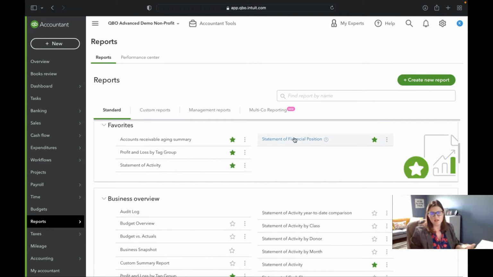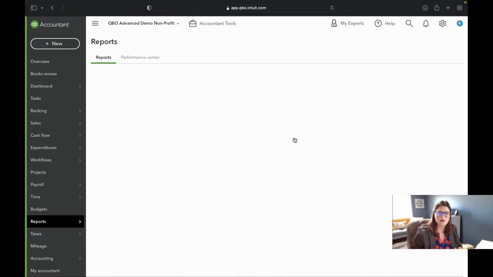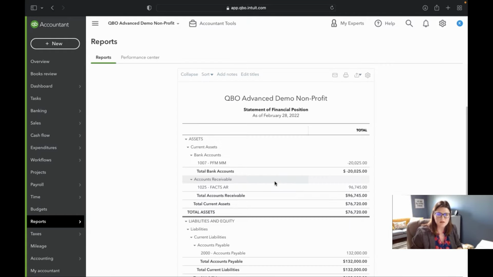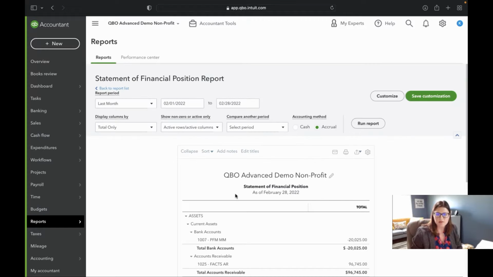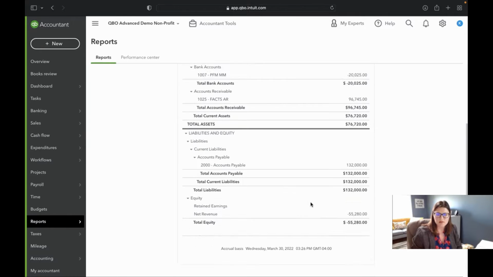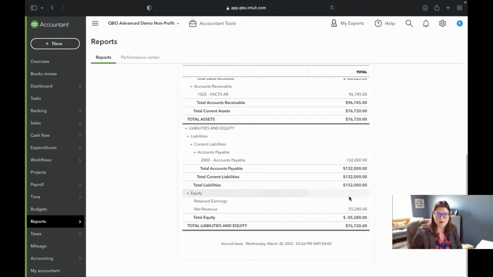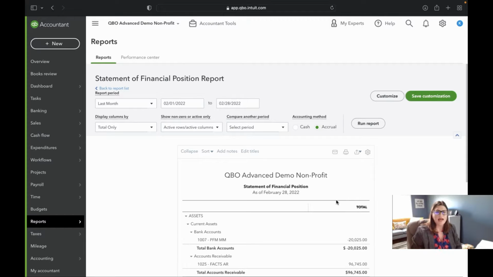You have your statement of financial position, which is very similar to what you would know as a balance sheet with a regular organization or your regular business type. You'll just notice a lot of the names are different.